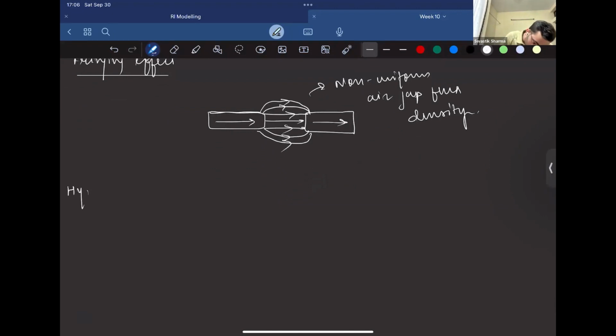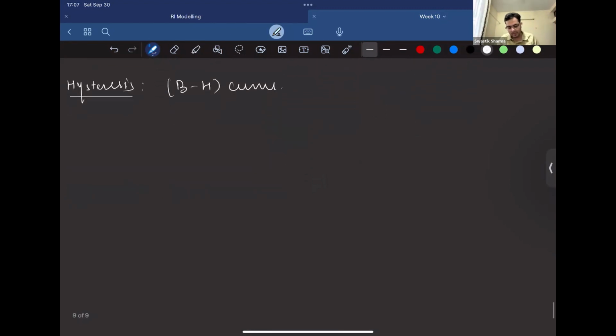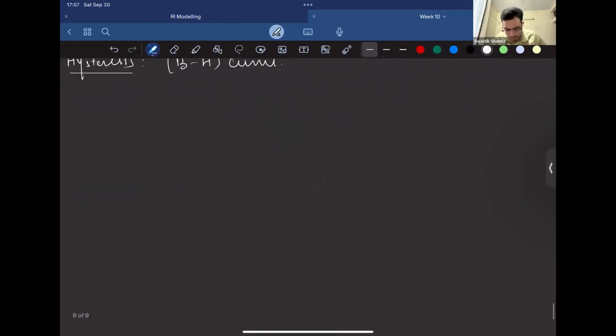Let's move on to another property, hysteresis. Hysteresis is generally the BH curve. It is usually drawn to know the effect of B and H on each other, that is, magnetic field intensity and magnetic flux density on each other. So if we draw it for a ferromagnetic core,